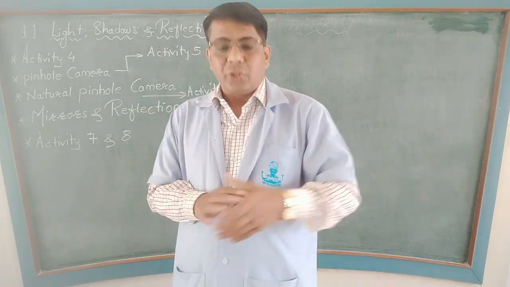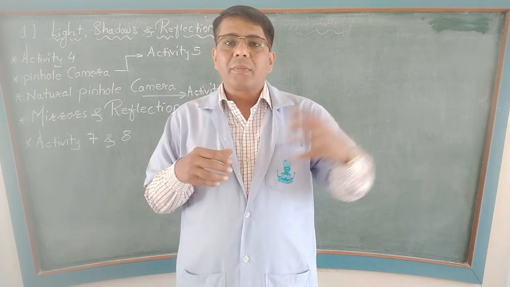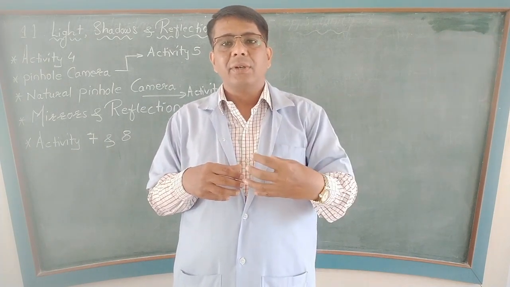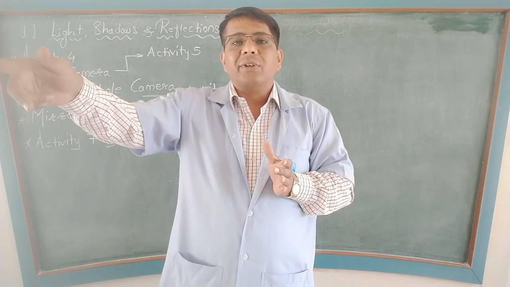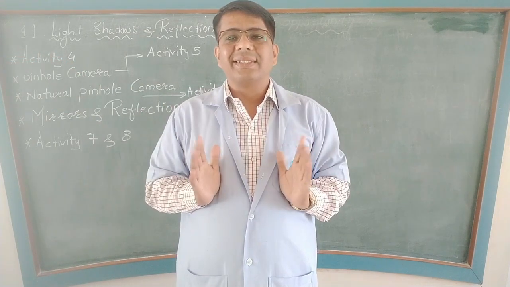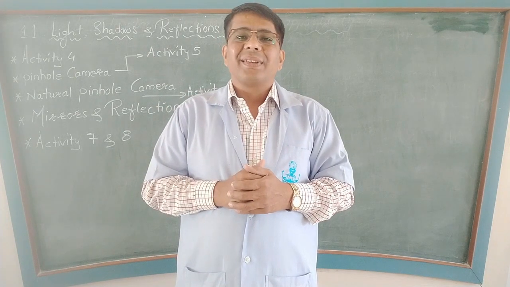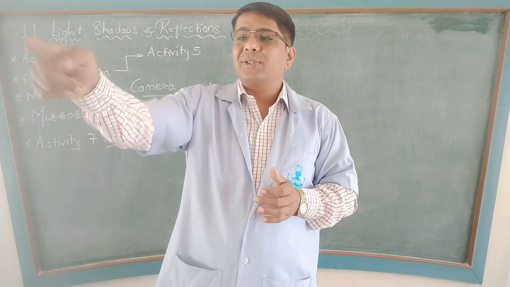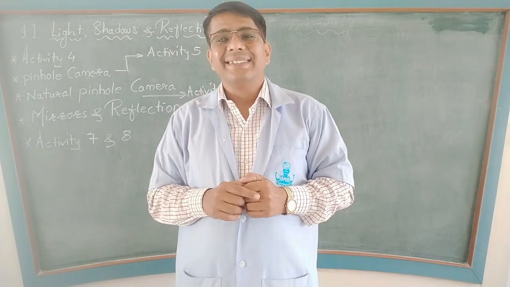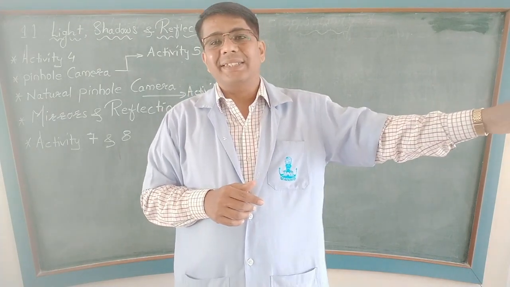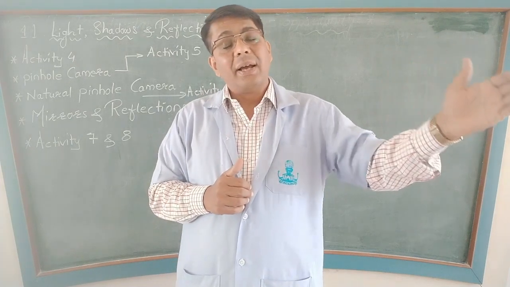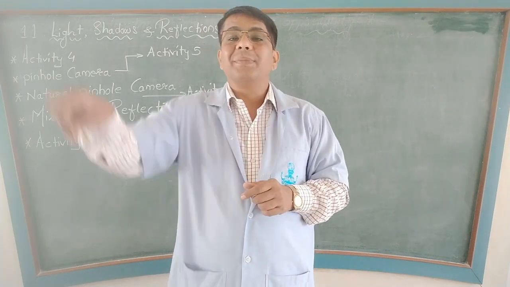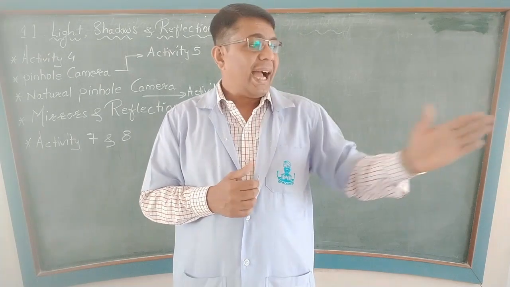Now, so that activity, as I have said, when you pass the beam of light and make it incident on the mirror, the beam of light will be seen on your friend who is holding the screen. Now there should be another friend who will be standing there. Now ask this friend to change his position, so that the beam now passes to the other friend.